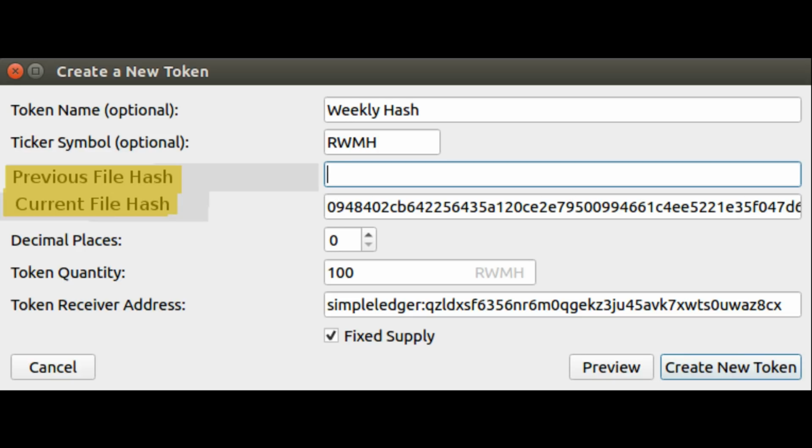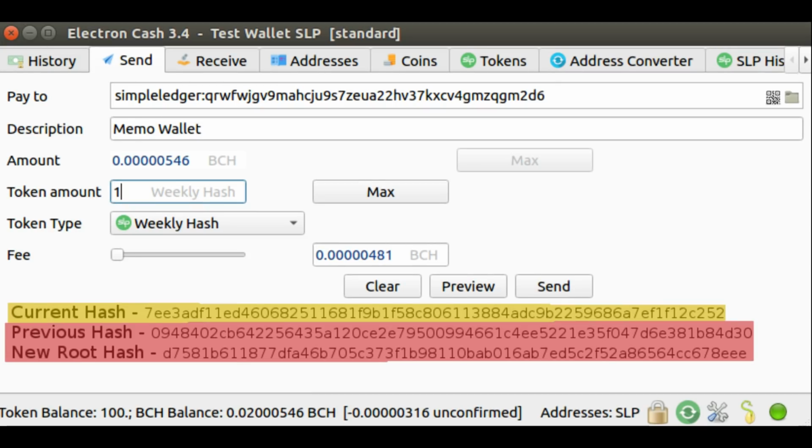But going on, for your second token, let's say you've already created your first token, right? Our first token had the hash 0948, and if we're going to create our second token, again, this is just the hash of all the tweets that we've done for this week. And what it should have showing up in this wallet, and this is what I added below, everything above is fine, you just have it paid to some receiving address, and like I said, we're paying one token because one token represents one weekly hash for my Memo account.